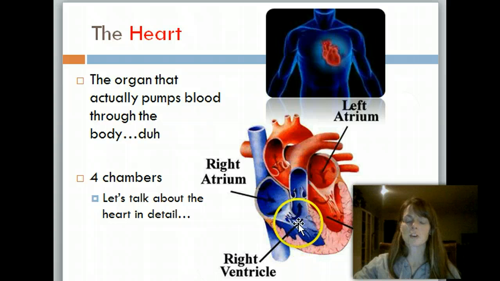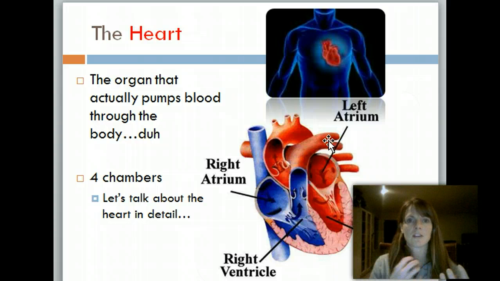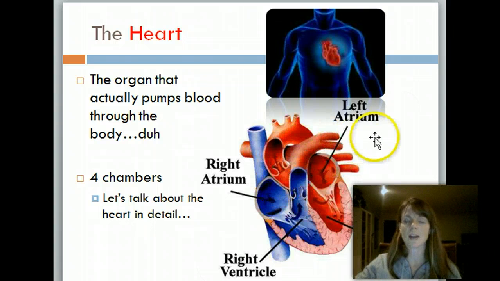From the right ventricle, which is typically a larger chamber, okay, it's going to be pumped out of this pulmonary semilunar valve, okay? And once it gets pumped out of there, you'll notice you can't see, but each of these tubes leads to the lungs. Well, in the lungs, that's where oxygen is basically exchanged for CO2. So the blood is going to get oxygen from the lungs, the right and the left lung, and then it's going to bring it back through the